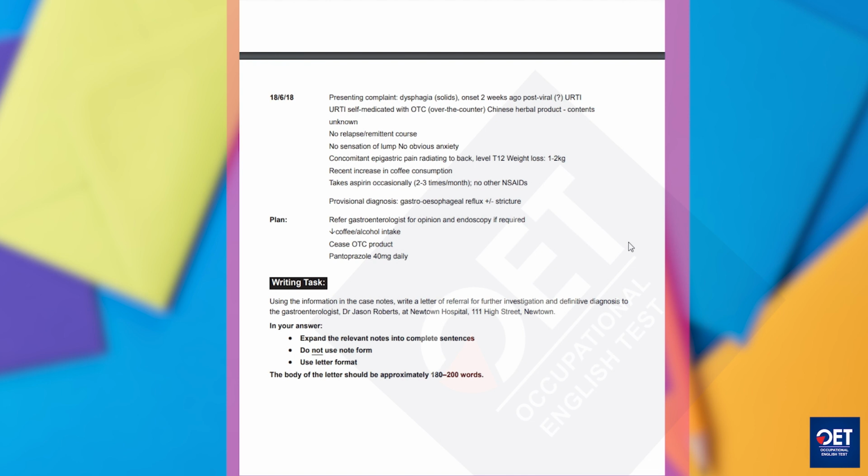So now we have gone through the task. Now it's very clear you are writing for a definite diagnosis. This means the provisional diagnosis might be made by you, but you are requesting help from the gastroenterologist. The provisional diagnosis, as we have read, is gastroesophageal reflux. However, you are asking Dr. Jason for